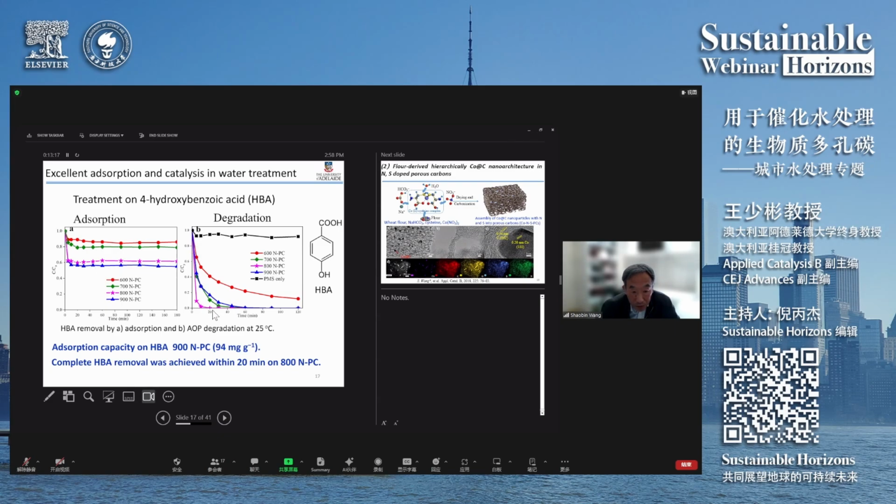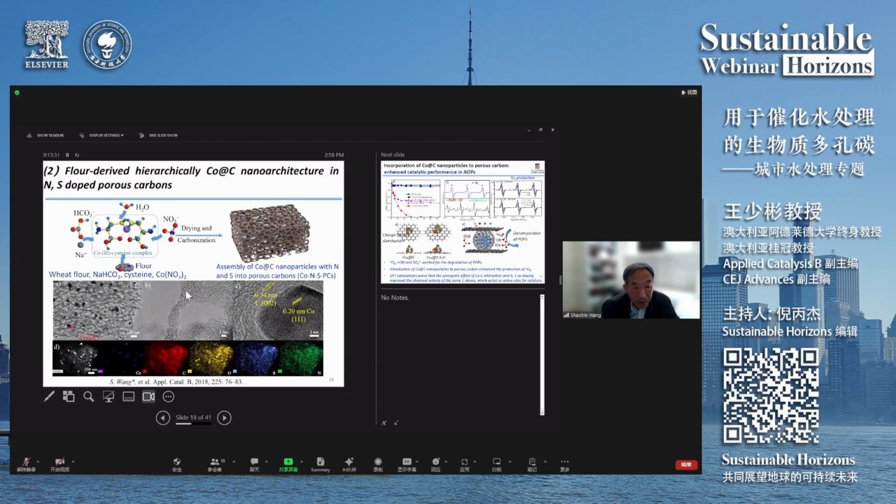And in terms of the catalytic reactions, they can also show very good catalytic performance. So this is just to show that all of these different carbons can give us very good absorption and also catalytic reactions. For such carbons, I already know that for these reactions, it all depends on some of those metals. But in our case, we are trying to look at